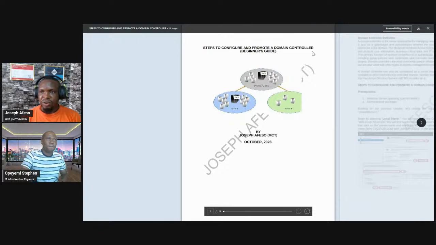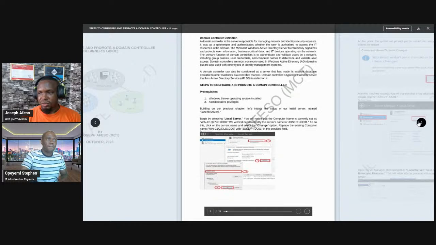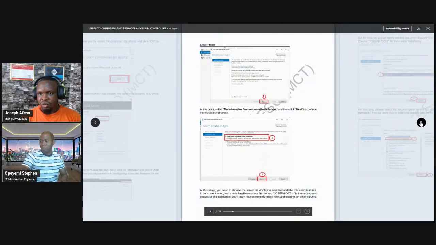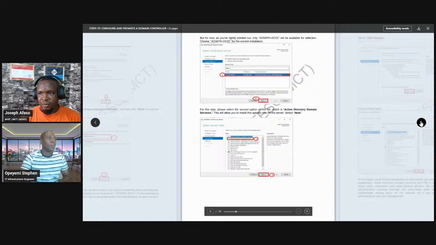So this is the steps to configure and promote a domain controller, beginner's guide. So what did we do at this point? We went to features and then we came down to these, and then we'll restart the computer to make changes. That's where we'll change the name, and then we came back to pick the machine from the server pool, remember? And then we clicked on next, and then we came back to check the Active Directory domain